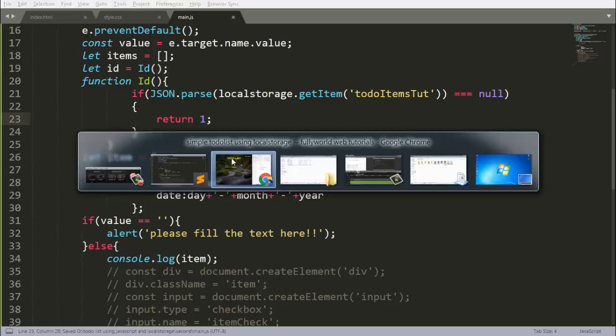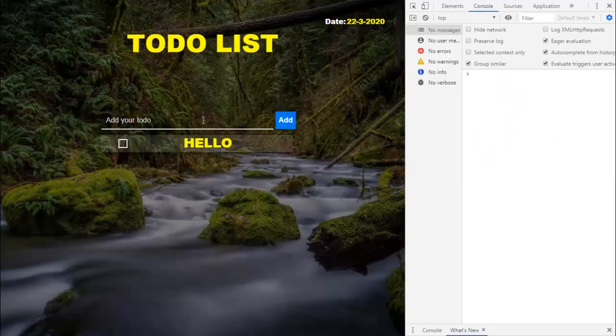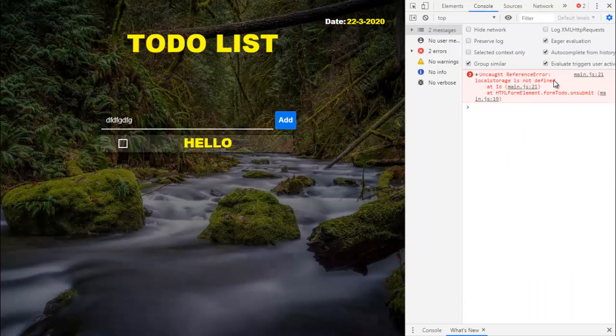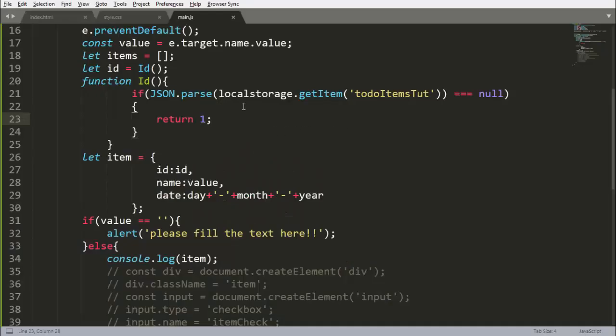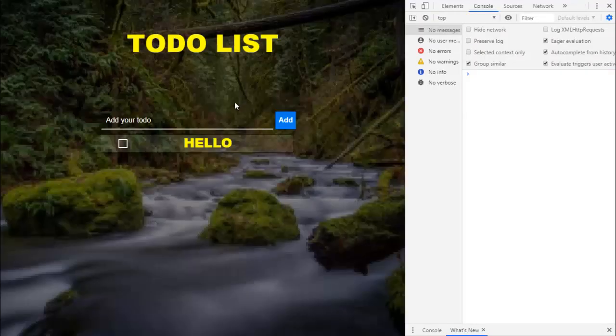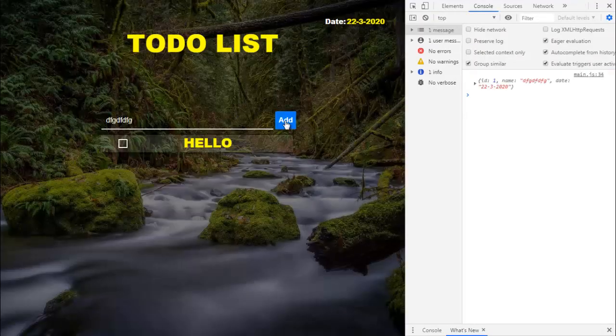Let's check this. We are getting an error, localStorage is not defined. We are getting this error because this S is capital here. So write this, click on add, and see that we are getting 1 here.